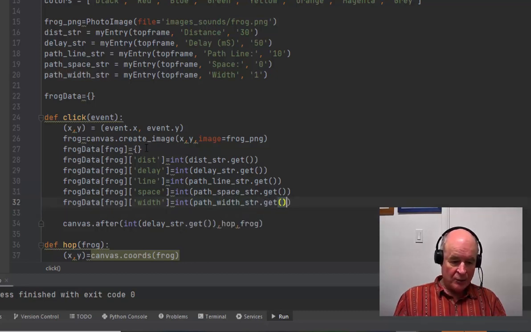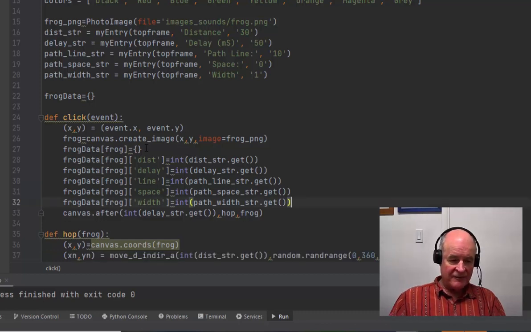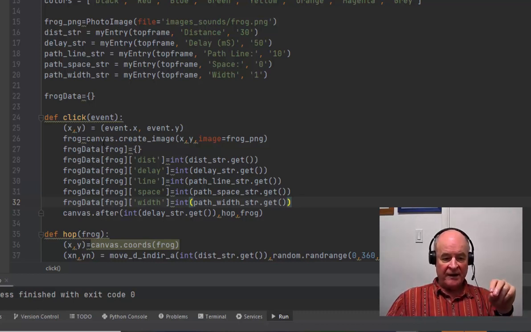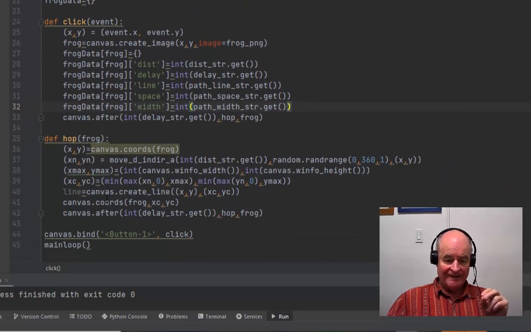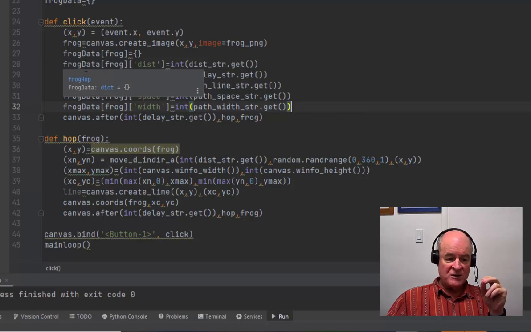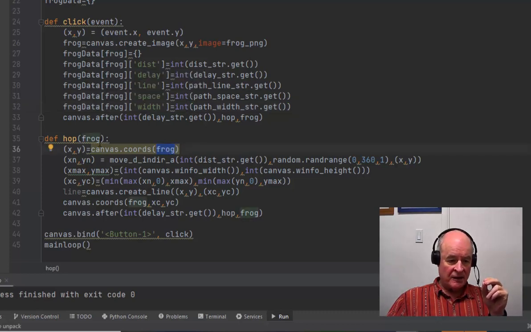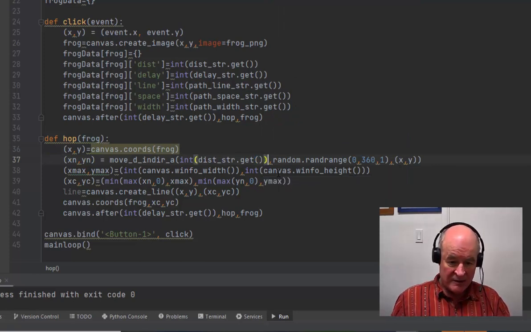Okay, so that sets all that information in frog data, which is a dictionary. We can look it up later to see what we want to do. Save all the information when we create the frog on the canvas. So now when we go down and we draw the frog, we're going to use this global variable once we have the frog number, which is passed in on the hop function, right? And we're going to then move this distance. This is not going to be the distance that we move from getting it from the GUI, but instead we're going to make this be, the distance wants to be